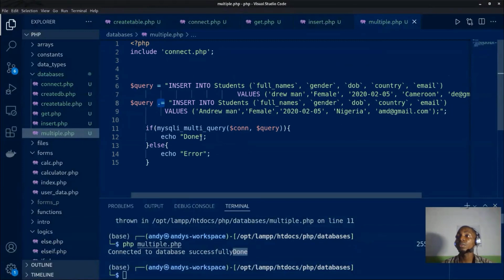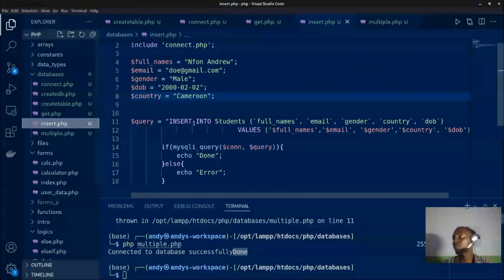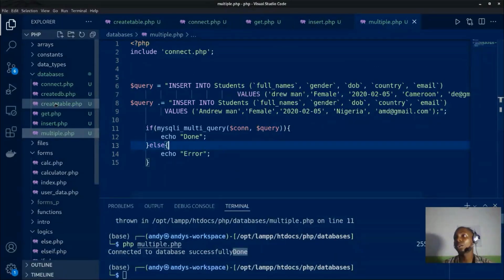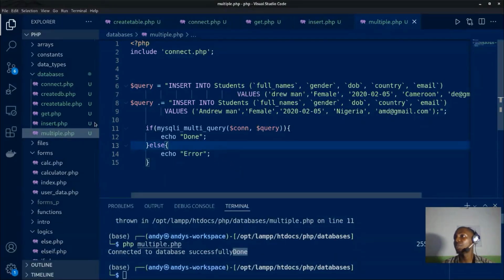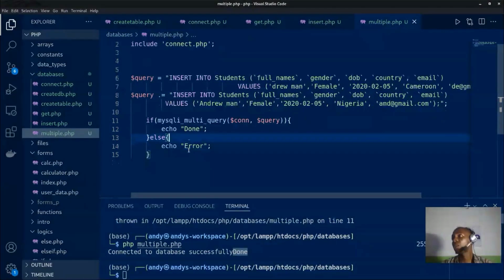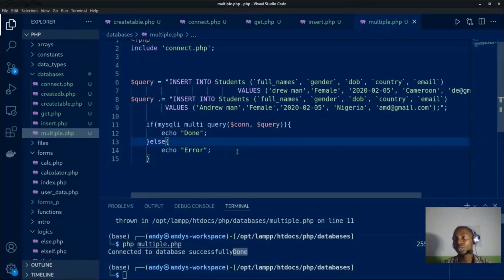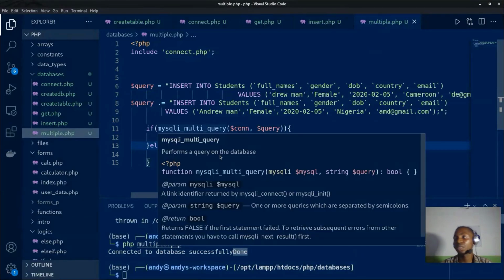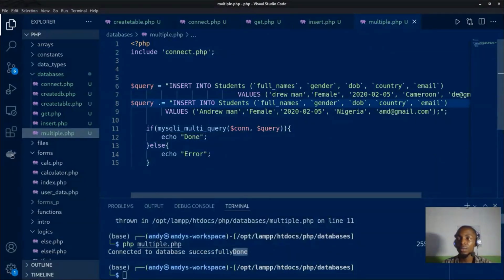Hopefully it was clear enough, from inserting just one row of data to inserting multiple rows of data and creating a table. That is how you do it in PHP. Hopefully that was clear enough. I'm going to push this to GitHub so that you can see how it is used. And I'll refactor this a bit to make sure it's presentable, just for readability. Yeah, that is it. I think we now know that, and we'll be moving to the next